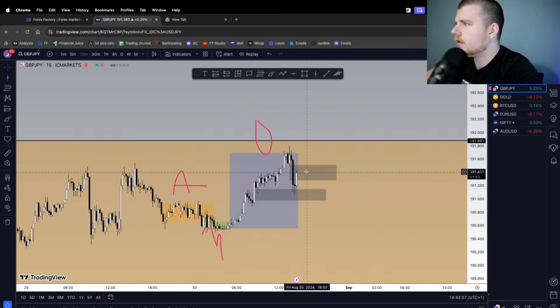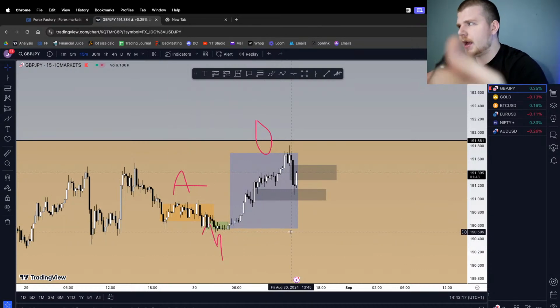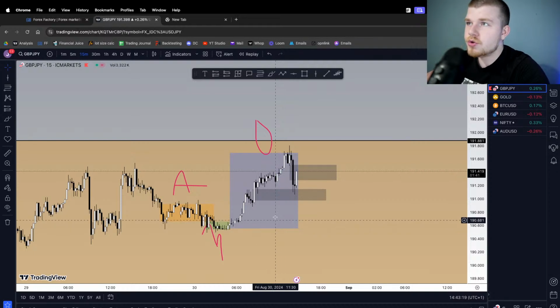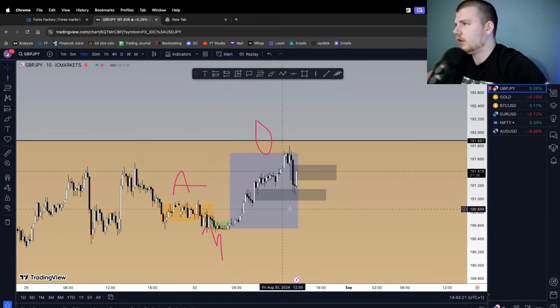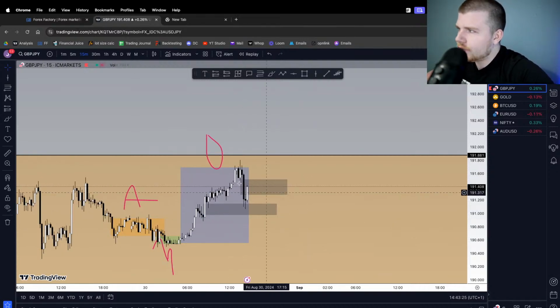So if we respect this and invert this, we can actually take sells there. And that is all I'm looking for today. This is why we're looking to catch the expansion reversal phase to the accumulation range, basically. And that's what's going on today. So we're going to wait for that and see what happens.